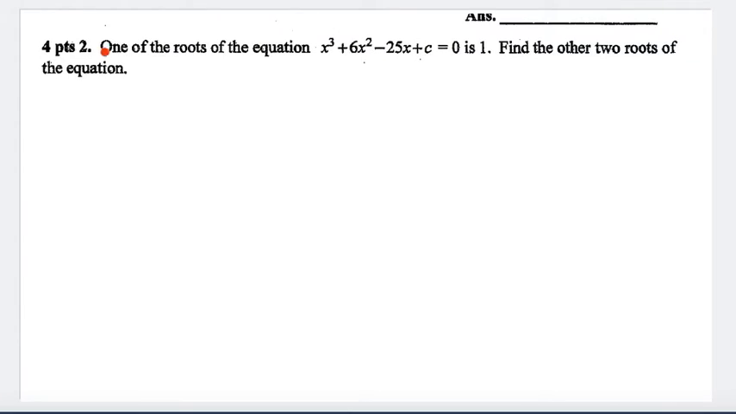And the last question I'm going to do is a four-pointer. A typical four-pointer has you trying to find the roots of a cubic or a quartic function. Here they say one of the roots of the equation x cubed plus 6x squared minus 25x plus c equals 0 is 1. Find the other two roots. So I'm going to do some